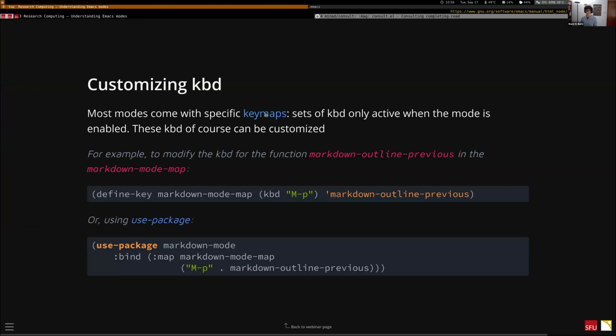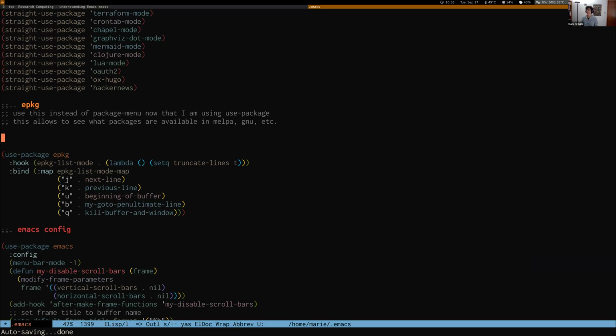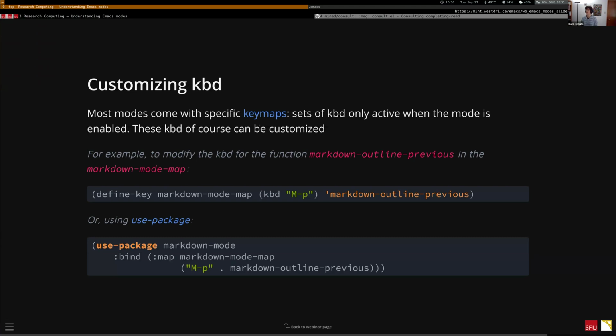Modes, amongst other things, almost all modes have a certain key map. So when you are in a certain mode, you have some key bindings that get activated just in that mode. And that makes sense, because in a mode, you have all these commands that only exist in that particular mode. And so to write key bindings for a certain key map,